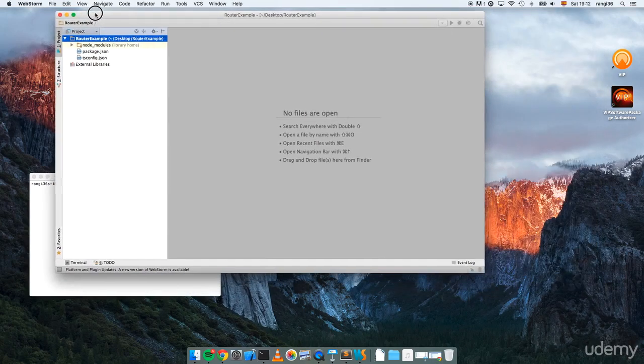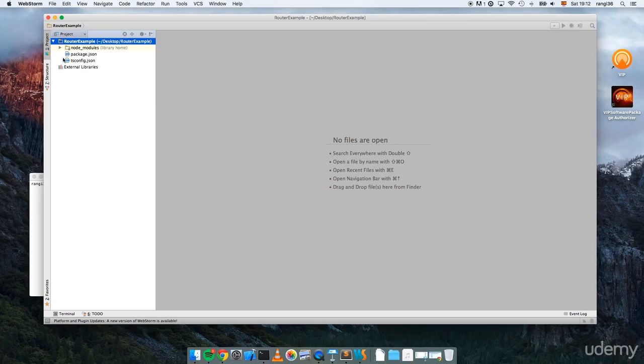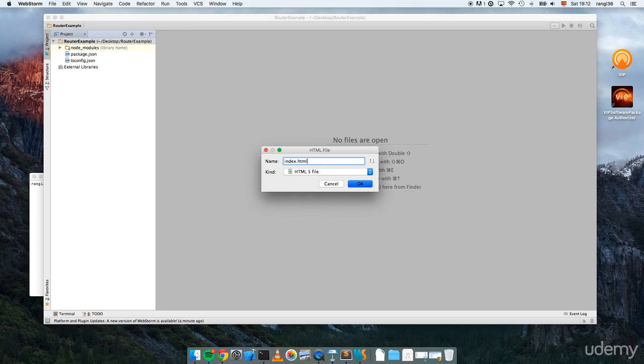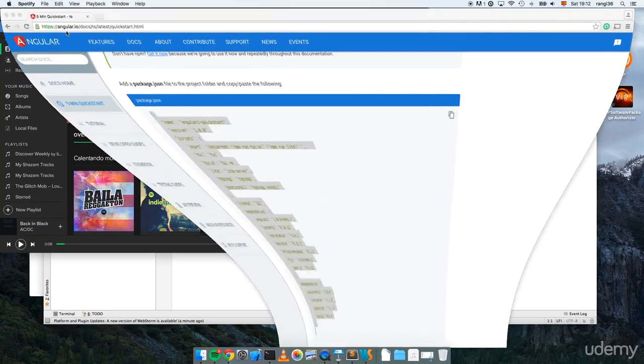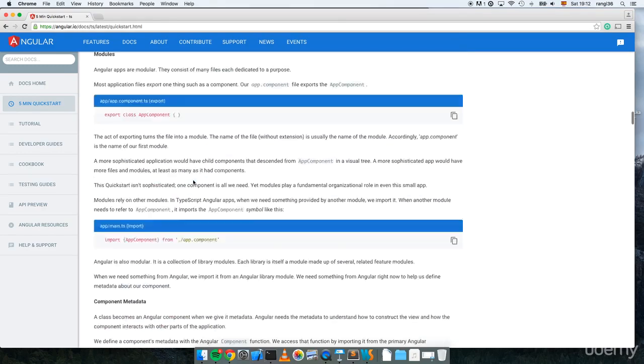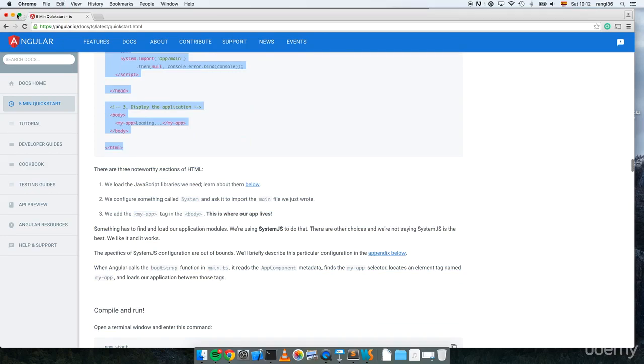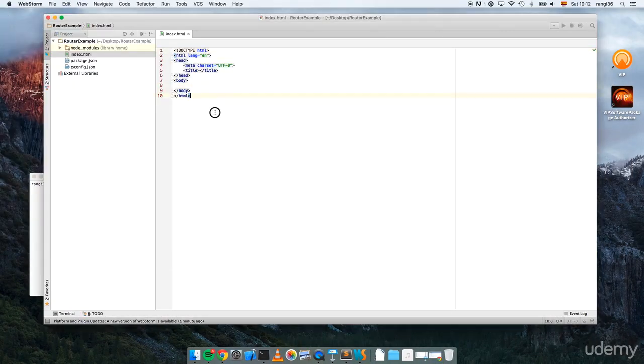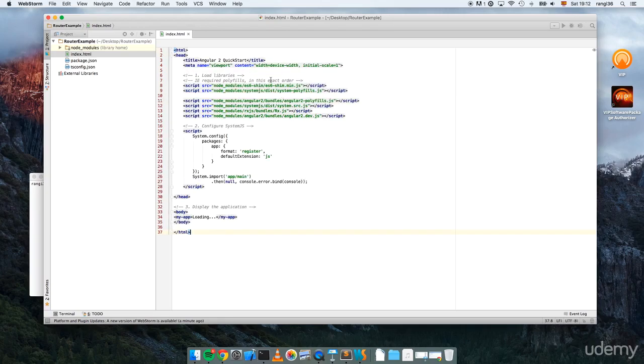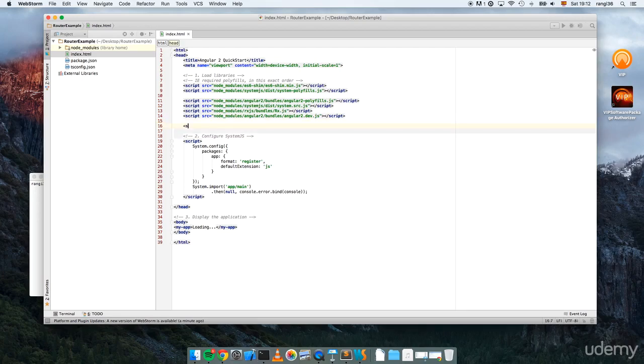the next part that we have to do is the Angular 2 configuration that we have to do all the time. We need to create an index.html. And I highly recommend that you also paste the index that they suggest, so everything is going to be working nice and straightforward. So we paste the index here. And now we have the first hint that we have to do. We have to import from the node modules from Angular 2